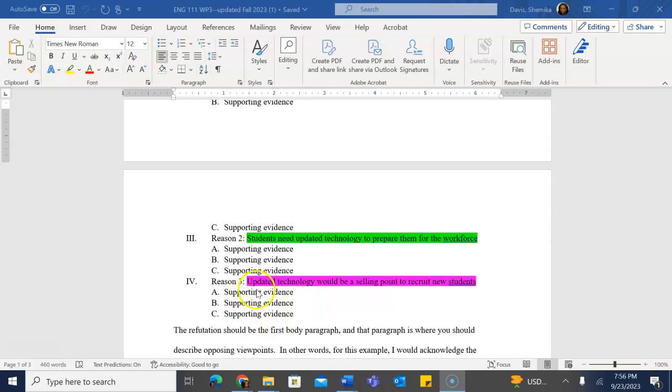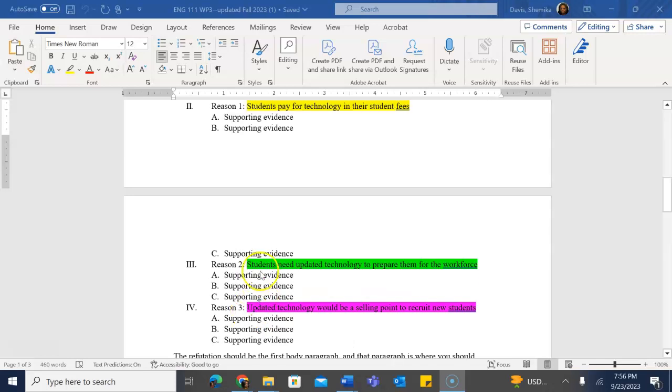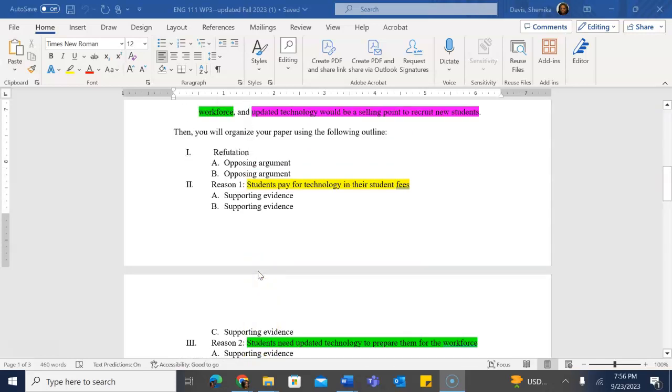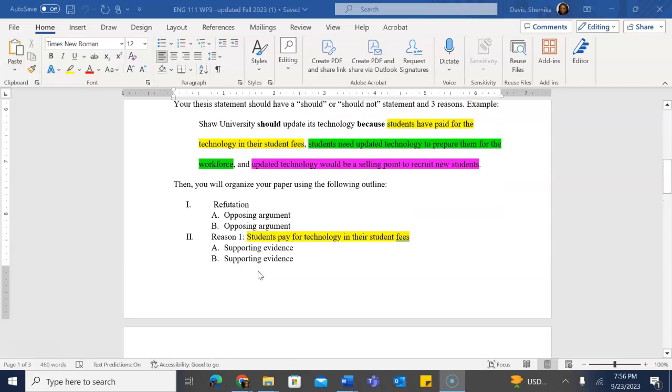And then, of course, all of these have supporting pieces of evidence, because you have to have supporting pieces of evidence in order to break down and give all this information. Okay, now this is a great way, once we get to the outline, and there will be a video for the outline as well, to break this down for your paper, so that way you're able to say, okay, this is how I'm going to break down this information.